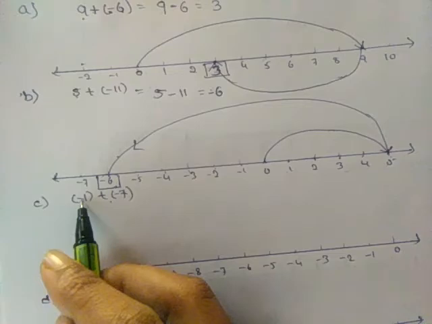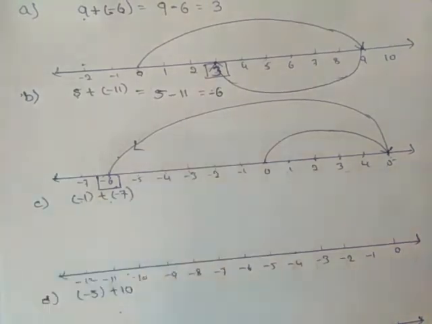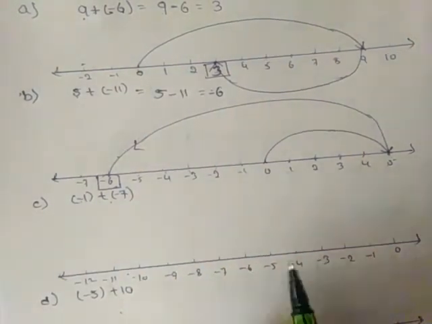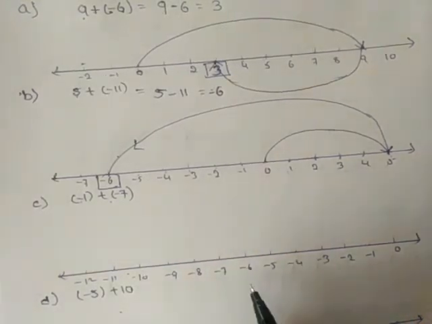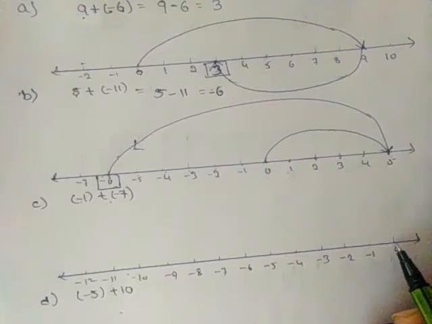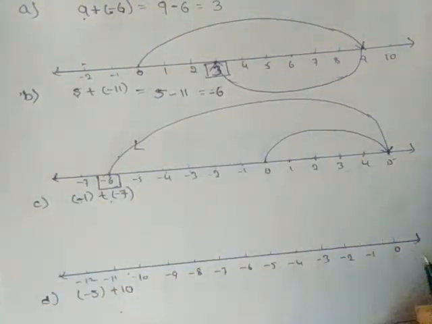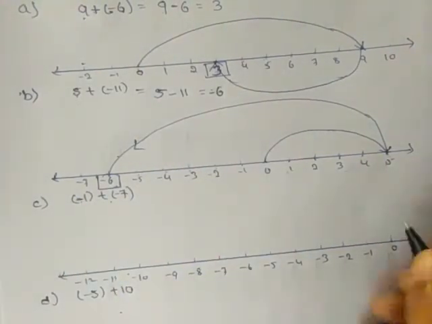Here first we should move towards minus 1 from the point 0. Okay, 0 it is here. From 0 here it is minus, right? So we need to move minus 1 step, that is here.